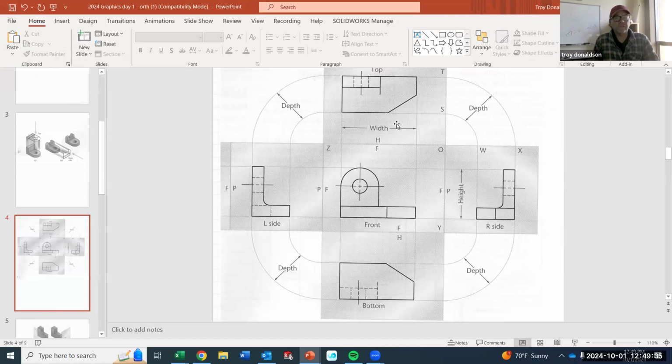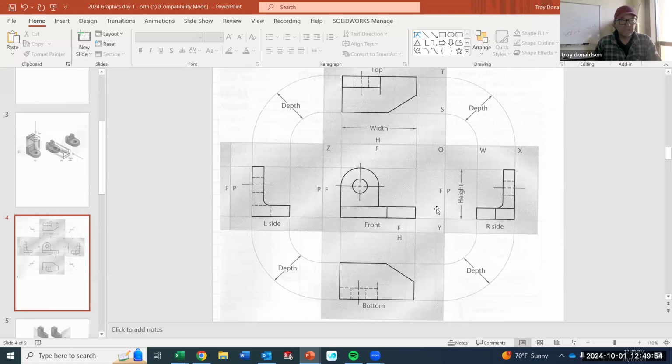Standard notation for labeling your view is under the view. They put this out here, I think, just because they had other information, but front should be under the front view, right? And then top should be under the top view. Okay, I'm going to look for that, and we should label our views all the time.